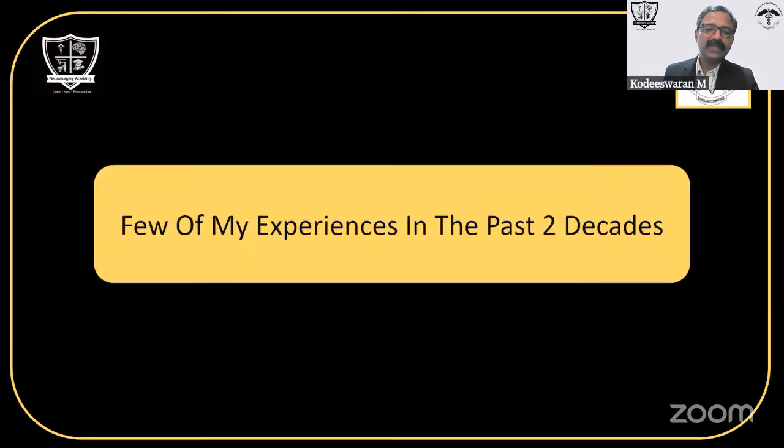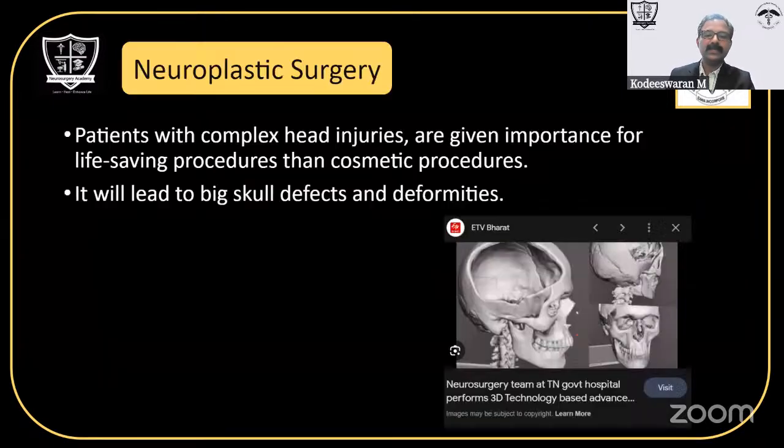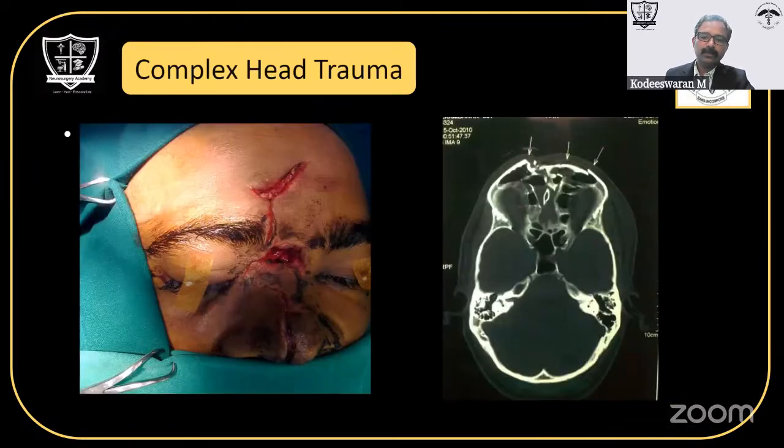So I'm going to share a few of my experiences from the past 2 decades. Patients with complex head injuries are given importance for life-saving procedures rather than cosmetic procedures. So neuroplastic surgery emphasizes again and again that it needs the correction of cosmetic problems also, along with primary head injury treatment. This is one of the examples where the patient was having a complex